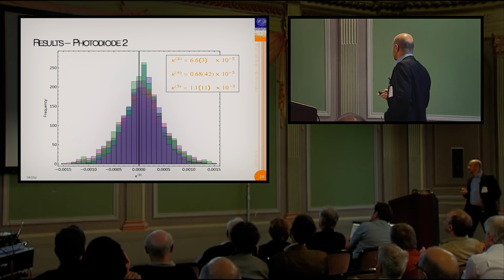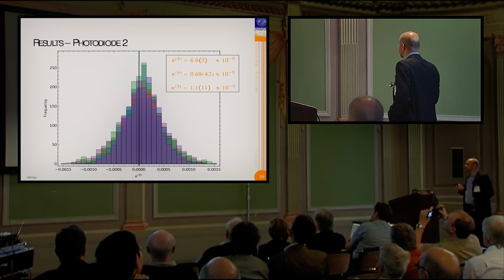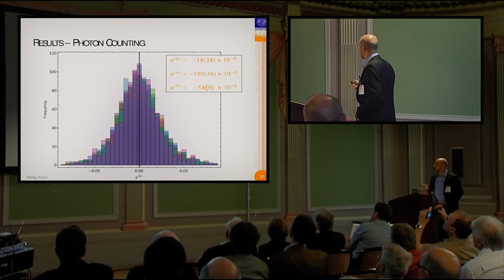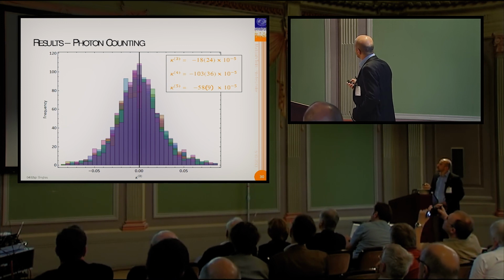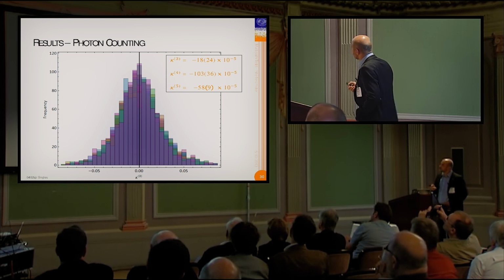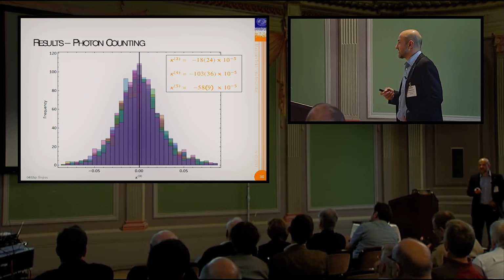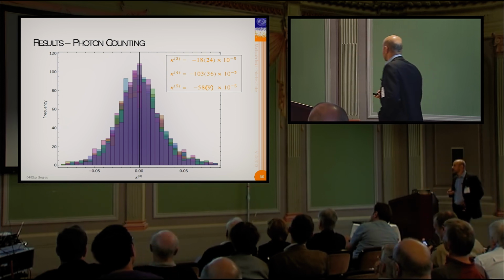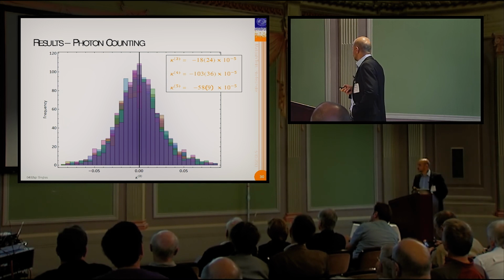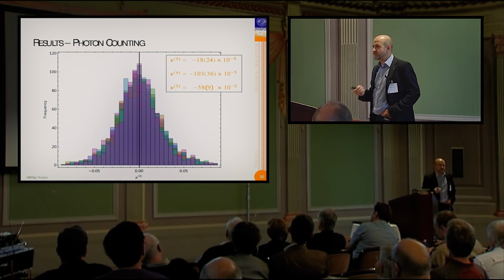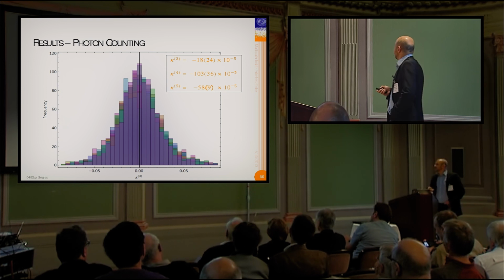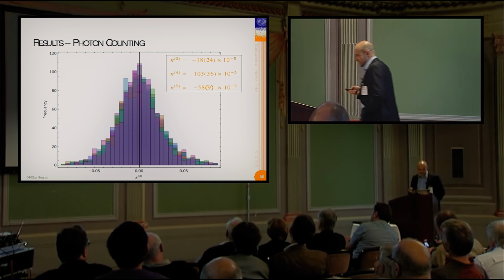So what's the reason for that? I'll show you a third measurement. So this is with photon counting. Now we're again on the minus side. And here we can't say. It turns out photon counting is nice, but it also takes a long time. And my students so far weren't willing to run this for a whole year because they want to graduate at some point. So we'll see how we can speed this up in the future.